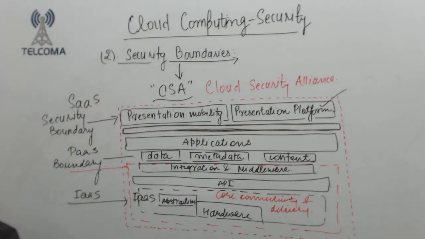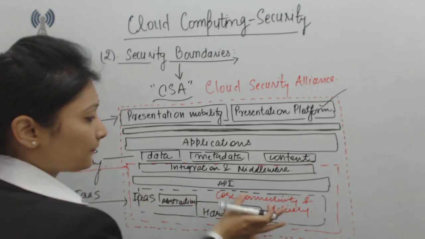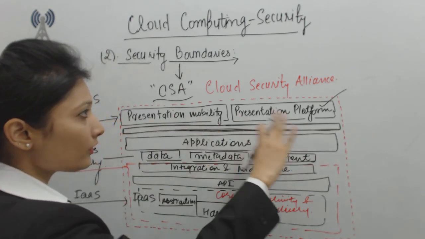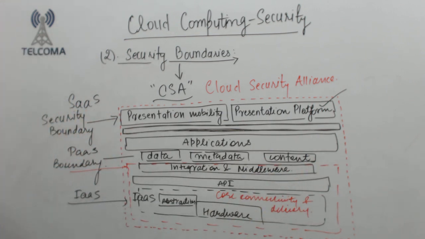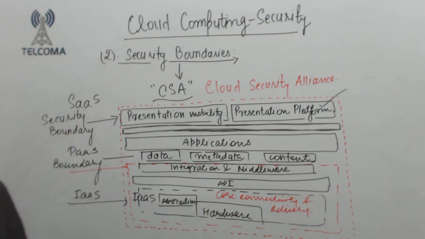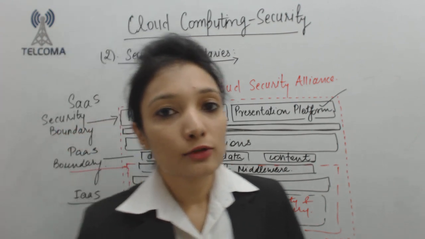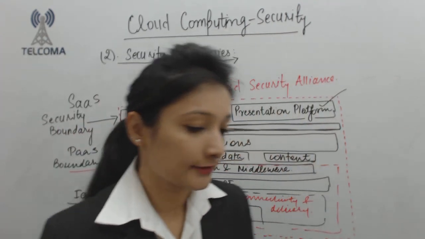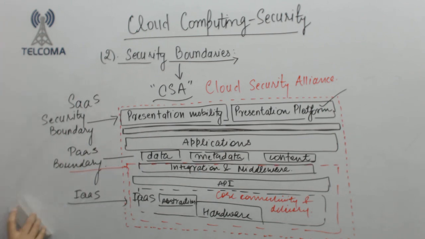So it is defining the boundaries for your APIs and then for your platform. That means depending upon each service model, the security measures are applied, and which type of cloud it is, public, private, or hybrid, is also taken into consideration here. Now, after this,